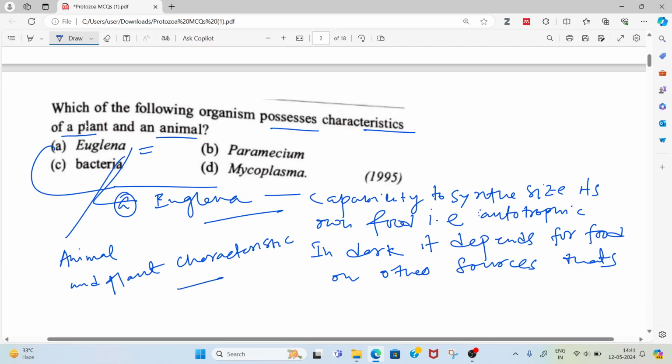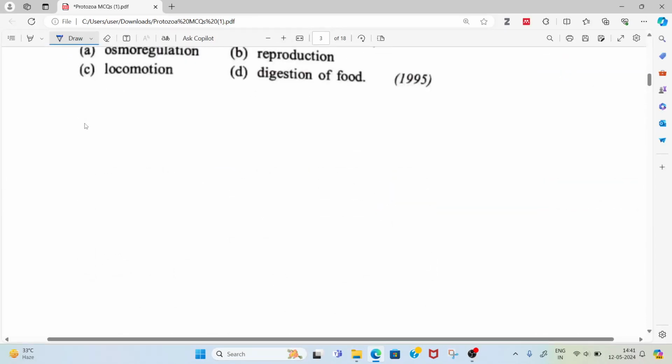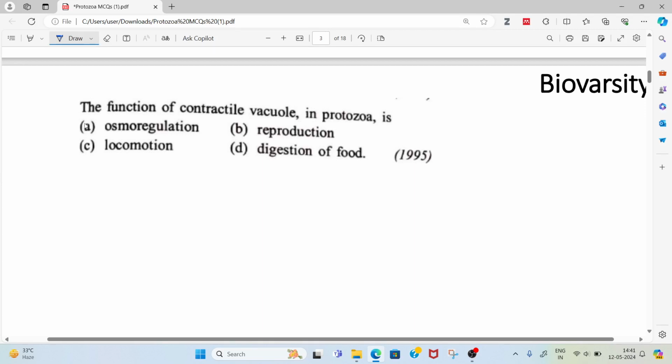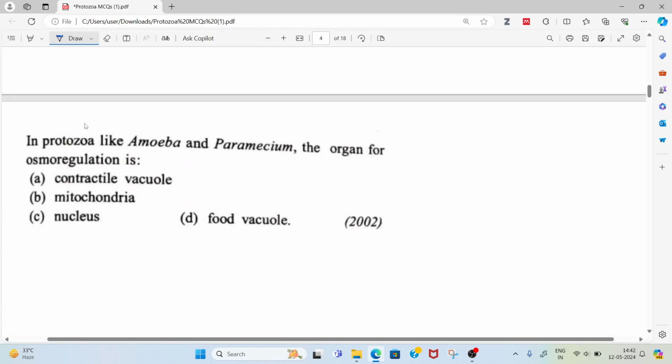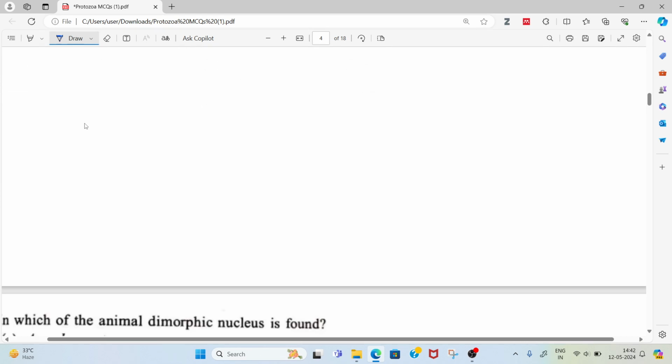So the next question: the function of contractile vacuole in protozoa is... Here the question is repeated, so you have to choose the correct answer. The function of the contractile vesicle is osmoregulation. So the option A, the correct answer is osmoregulation. Next question,